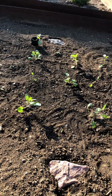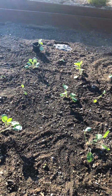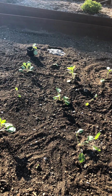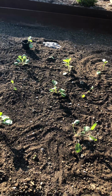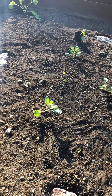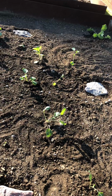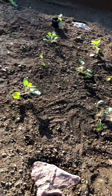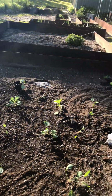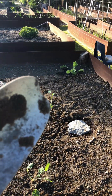So we also, besides this, this little guy here and the little guy in front of the rock over there, they are both cauliflower, which is also a Brassica. And then we also have 3 or 4 cabbage in here. I think there's 4. And then I also have 4 broccoli. So the broccoli is the furthest one out because I'll be picking those